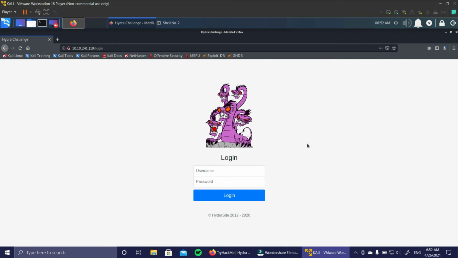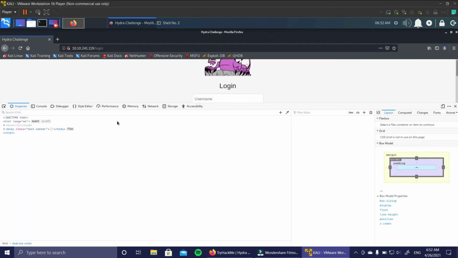For that, first we need to know which login form this is using. If this is using some other login form, then we have to see. First we have to see which HTTP type this is using. I think it will be a POST. So for that, just going to inspect the element by pressing F12.